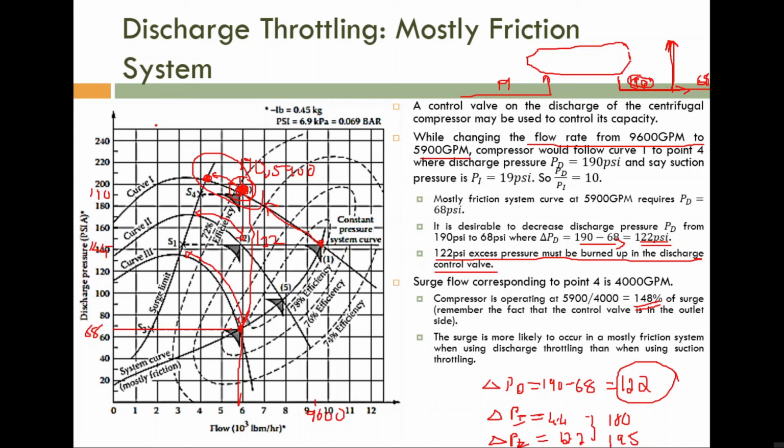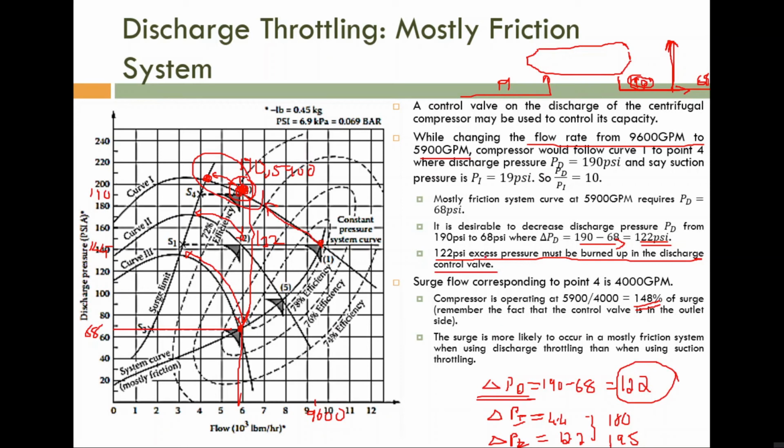We need to use discharge throttling if the inlet is taken from atmosphere or it is taken from a low pressure side. If it is taken from a relatively high pressure side, we can use suction throttling. If it is taken from a relatively small pressure or from atmosphere, then first we have to use the discharge throttling control. Then only we can use the suction throttling control. We need to use more than one compressor. So please note that. Okay. So that one is the use of discharge throttling, but the disadvantages are that it is relatively more unstable and the valve size required is very large.